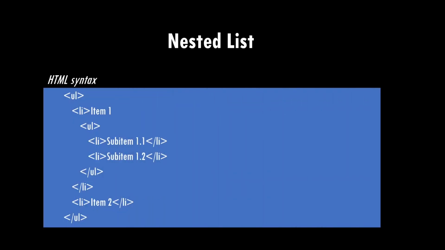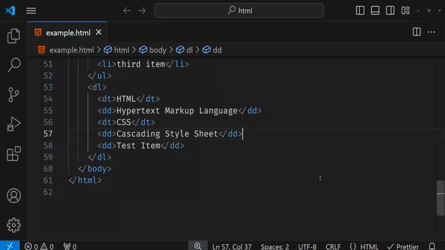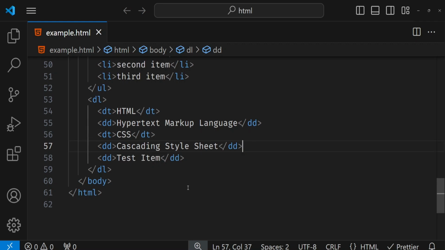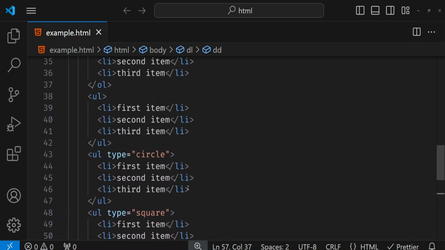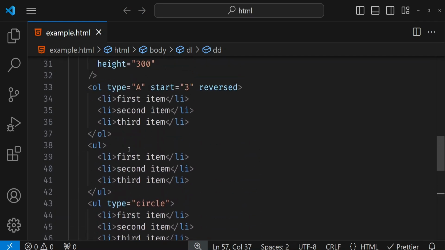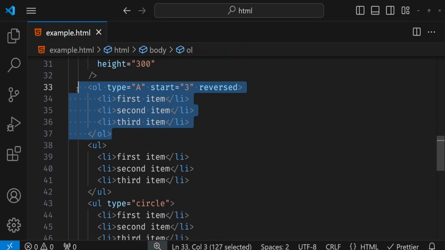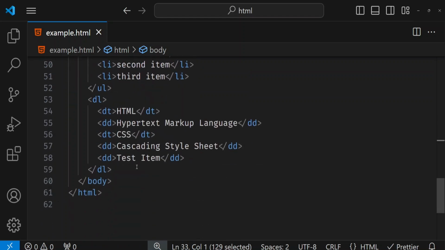List nesting or nested list. Lists can be nested within each other to create hierarchical structures like this. So let's open VS Code and see an example. Here is my VS Code and we have seen many list items. I'm going to copy this OL list, then paste before body closing body tag,